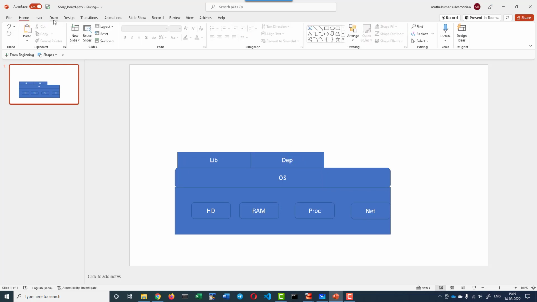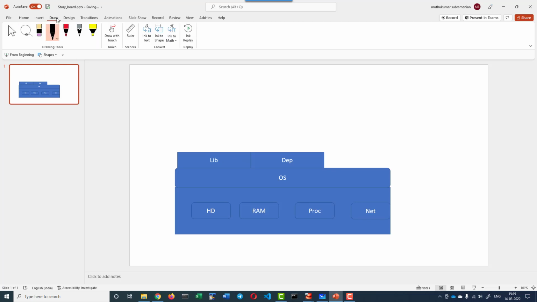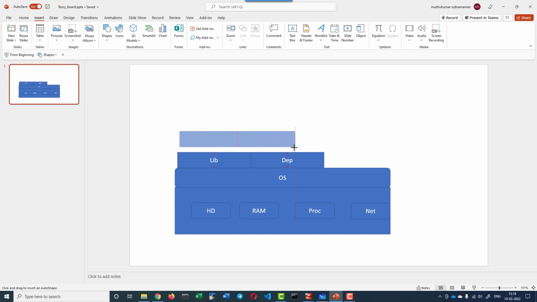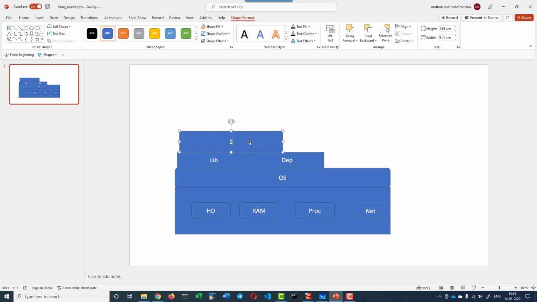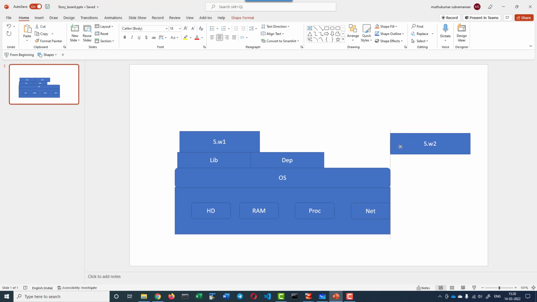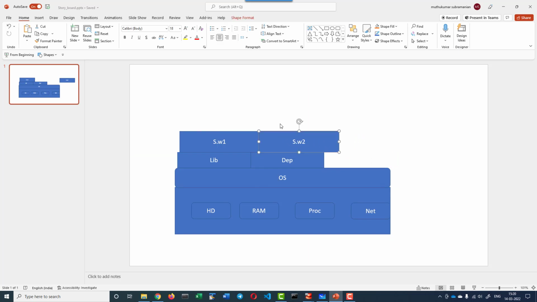Now, if I have to install a software, say software 1, that might work with the libraries and the dependencies that we already have. On top of it, if I install another software that may not match with the library version or the dependency version, it might create conflict. So we may end up installing this software into another host or changing the libraries to something compatible with both